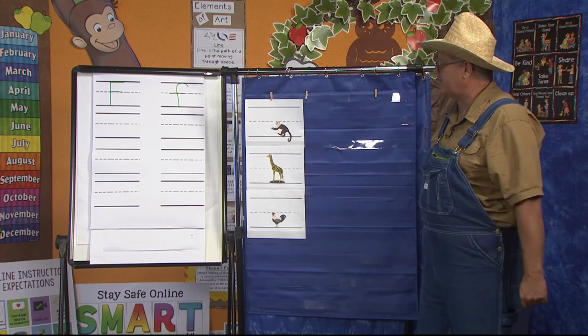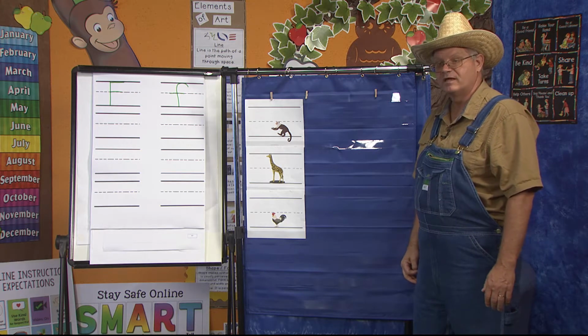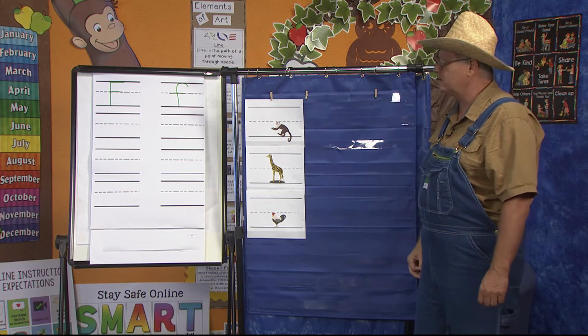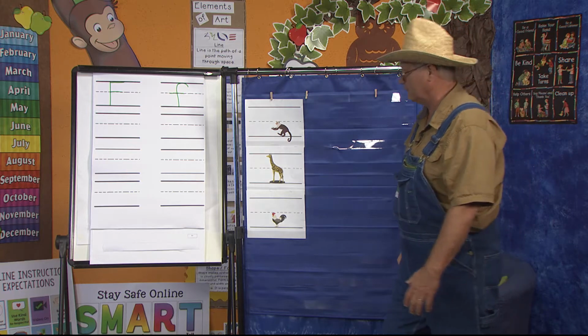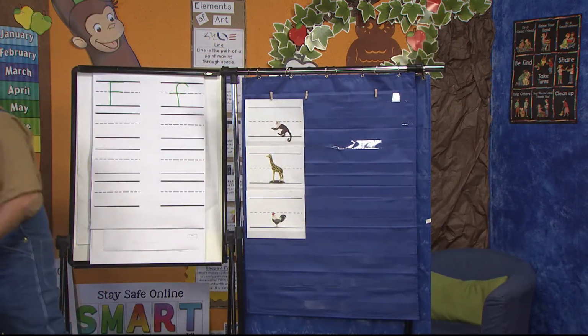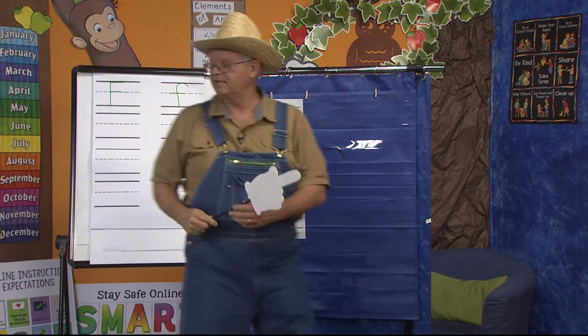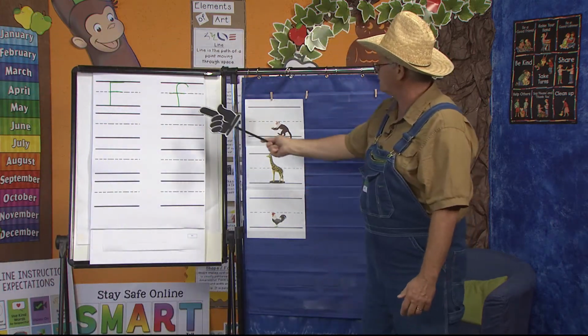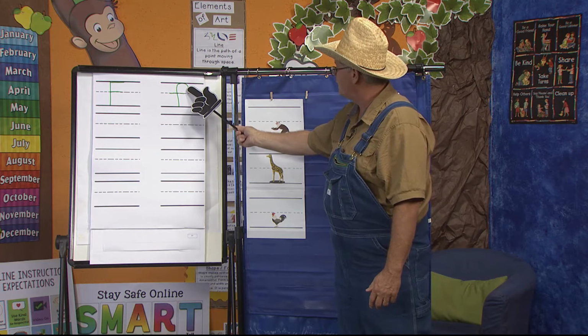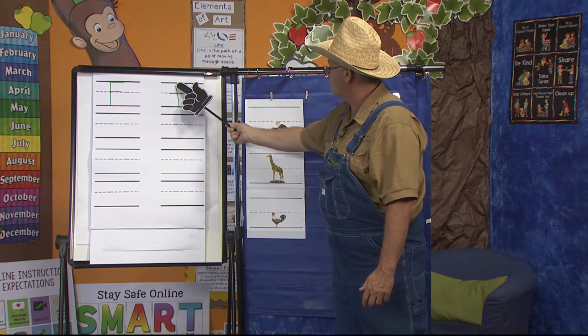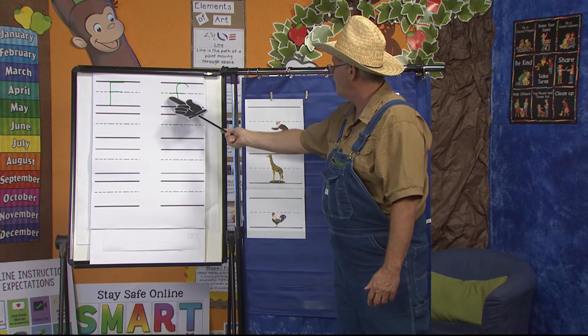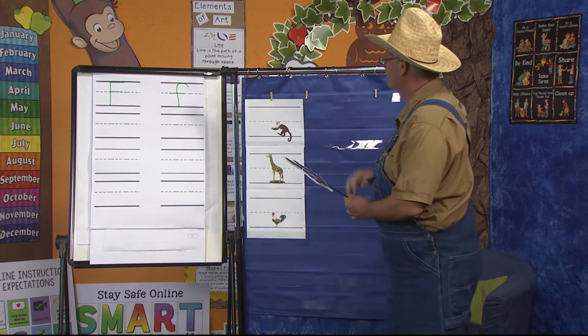Let's investigate the letter F. To help me, I'm going to go and get my pointer so it'll help me. I'm coming over here and I'm going to get my hand so it will help me look at these letters. Okay, so if I'm looking at the F, I notice that it starts at the top and goes down and stops at the bottom line, and then there's a cross in the middle.